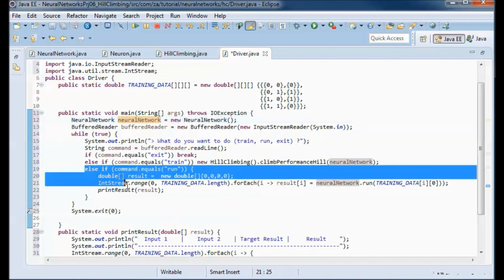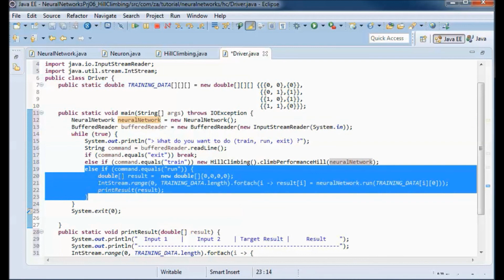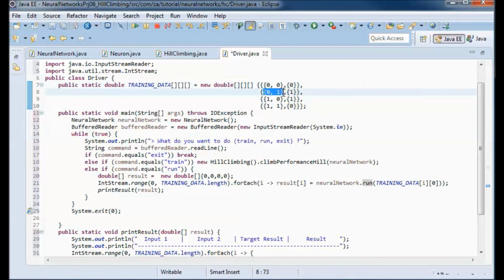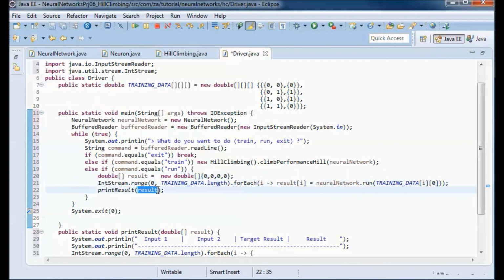Otherwise, if the user enters run, I will call neural network.run on each one of these inputs, and populate this array of doubles with the result and pass it to the print result method.